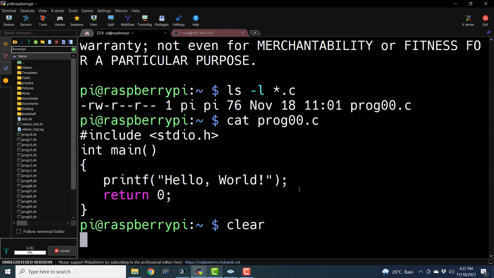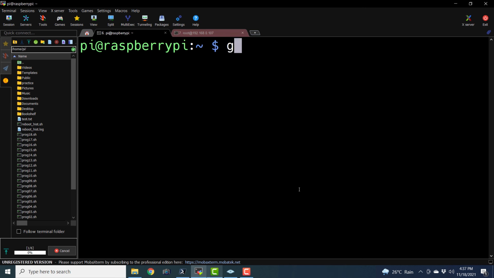So the steps to compile it are very simple. Type in GCC -Wall. It means enable all the warnings. -std. Now we are going to tell the compiler what standard is to be used. We want to use C2X standard. So it is an informal standard. As of now, it hasn't been codified yet. So it may change in near future.